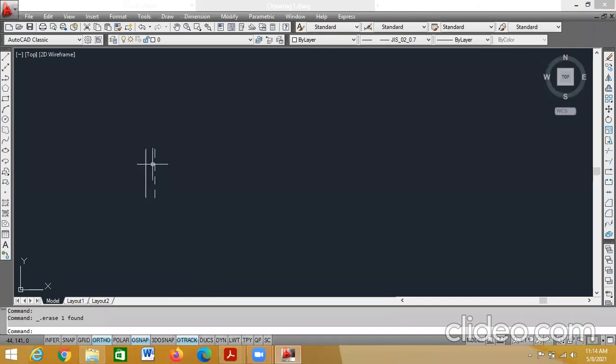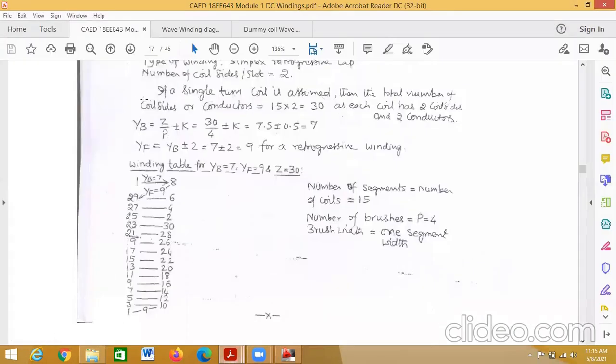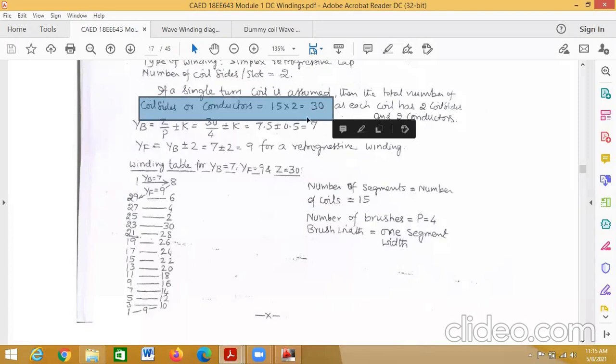Now, how many conductors do I want? 30 conductors are there in the problem. So it is 30 conductors. Number of conductors is 30 in my problem. So I have to draw 30 conductors. So for drawing the 30 conductors,